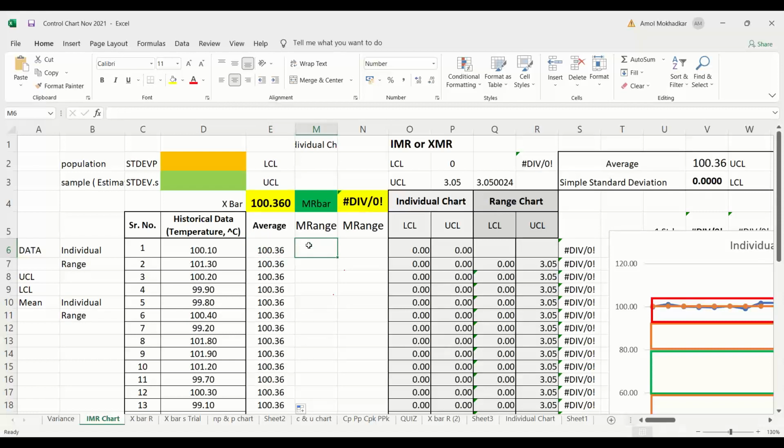Now, what is the range? What is the moving range? How do you calculate the range now? Range between the two values. I want range between the two values. So from where will it start? Will it start from here? Will it start from here? When you know that, okay, what is the range of the data? How far two data are from each other? That is range. है ना?